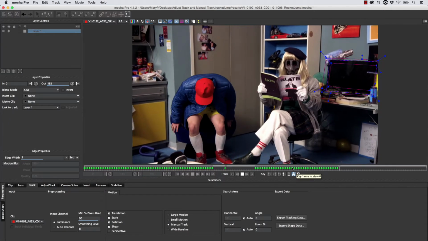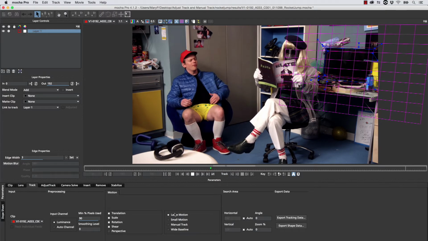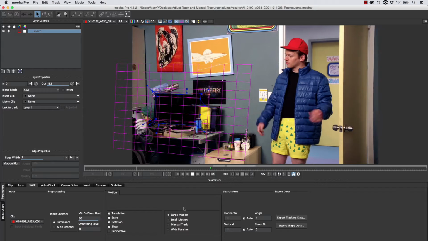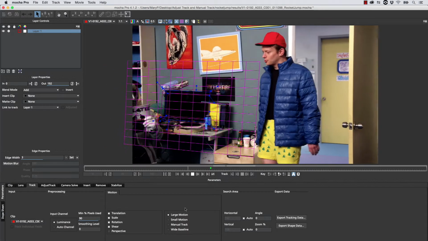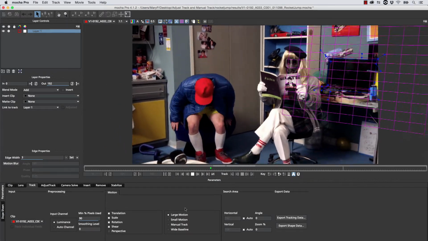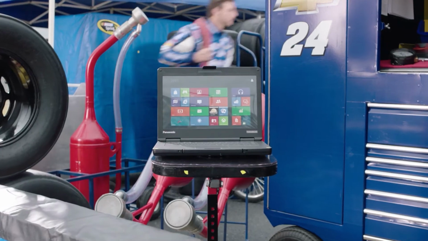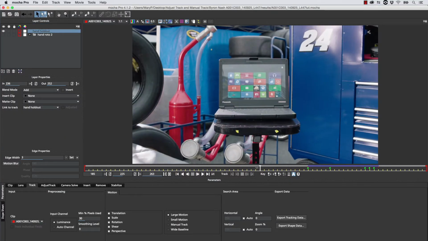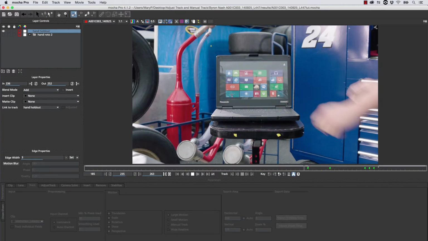Now all we have to do is finish tracking this shot. You can continue to track as normal even inside of the manual track tab. And we end up with something that looks really nice. But manual track isn't just for run-of-the-mill occlusions. You can also use it for things like screens closing. Or you can use it for things like screens turning sideways, where there's not enough information to track anymore, like